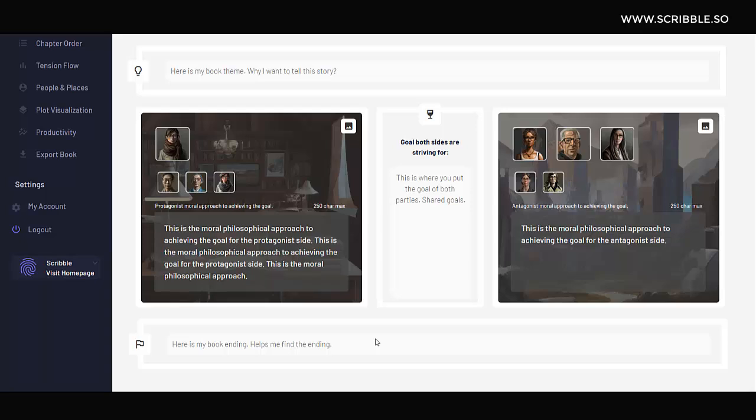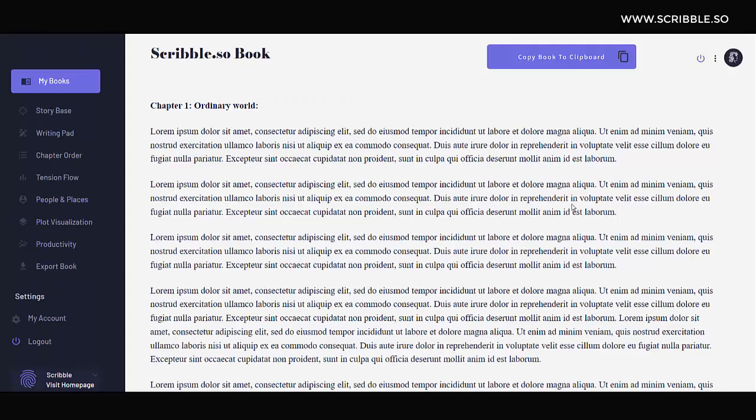Now, when you're ready, you can click on Export Book. Now here, all of your chapters will be organized, and you can copy and paste your book into whatever publishing